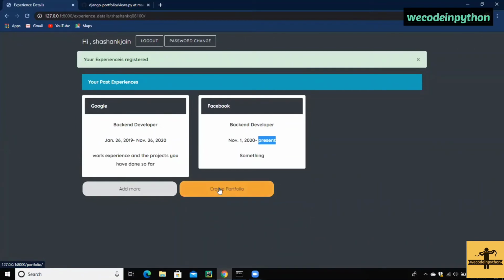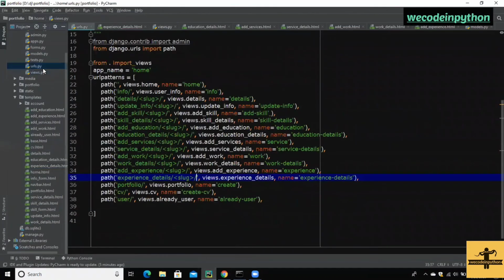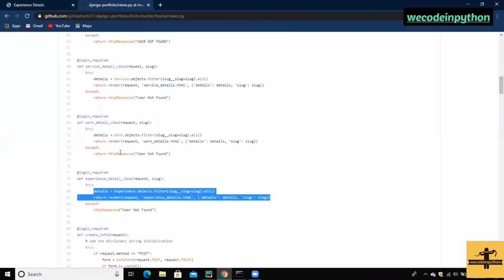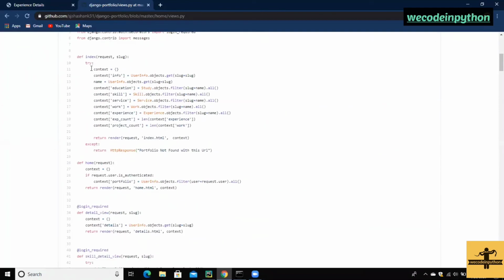So this is how it is working. On clicking of the create portfolio, we are going to get the portfolio detail, the full portfolio website. So how can we do this? First thing is, we need to pass the slug here so that we can get all these details of that user. Now the second thing is, in the portfolio function we need to pass all these models' details. So go to the GitHub and copy this